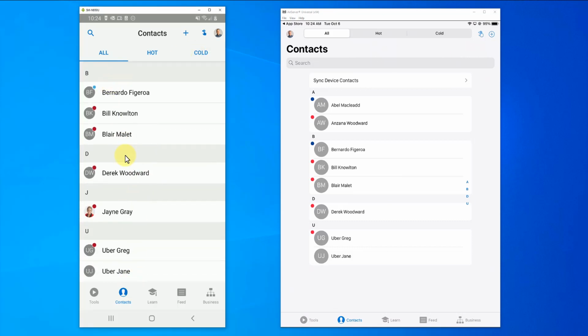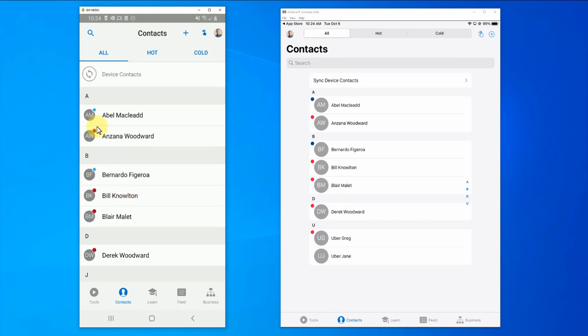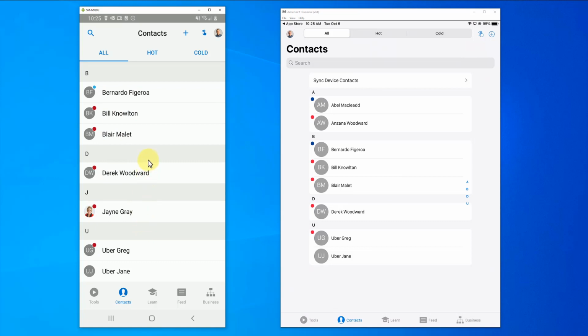Any contact that you add to your phone ASEA Connect app will not sync into the desktop app until you start sharing with that contact or mark them as a hot or cold lead. So for instance, Jane here was added and she was not marked as a hot or cold lead, so she is not going to be added to my desktop platform until I start sharing with Jane or I mark her as a hot or cold lead, like so. So just keep that in mind as you guys are going through this and adding contacts. There is a step you have to do to sync them to the desktop app.